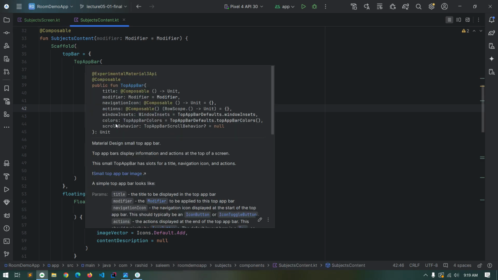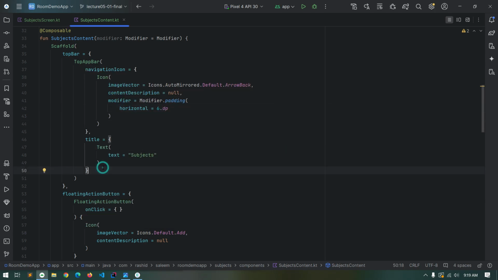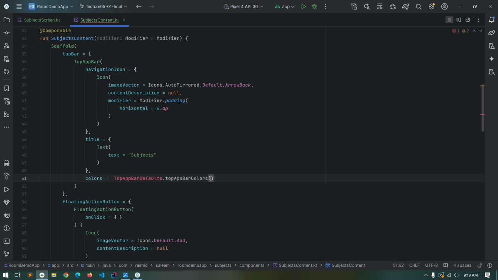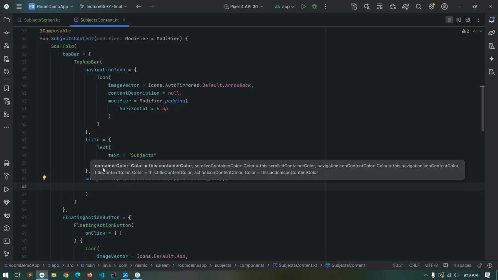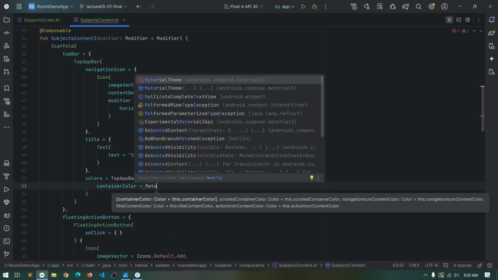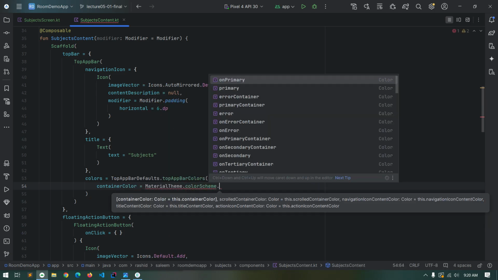For the color we have the color properties here which have default colors from here, this top app bar colors. So I will copy this, paste it in here, and make a copy of it and provide the relevant colors which I want to override. So for container color we need to use the primary color of the app. To get the primary color we use MaterialTheme.colorScheme.primary,